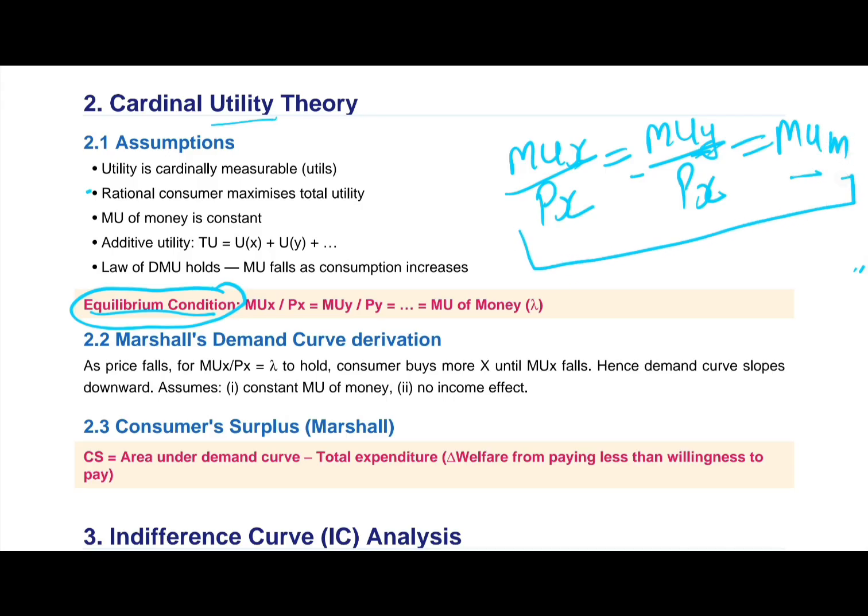When we talk about the two-commodity case of marginal utility, we call it the equi-marginal utility